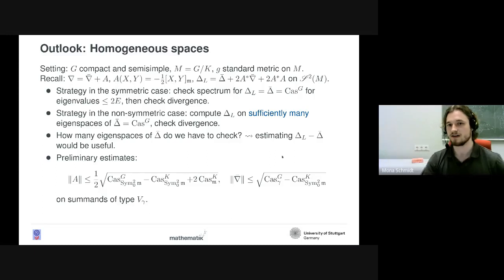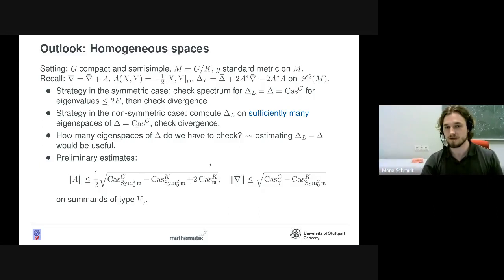But these different terms are bounded by some constants depending on gamma. If we did not have such bounds, then if we have an eigenspace of this to the eigenvalue 100, it could still be that the Lichnerowicz Laplacian has a small eigenvalue on this space. So we would have to go through a lot of